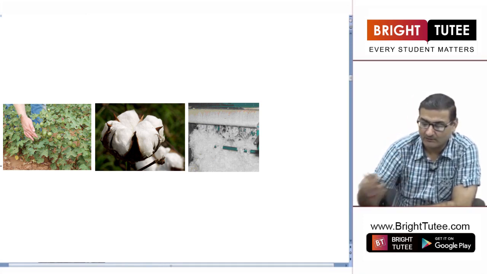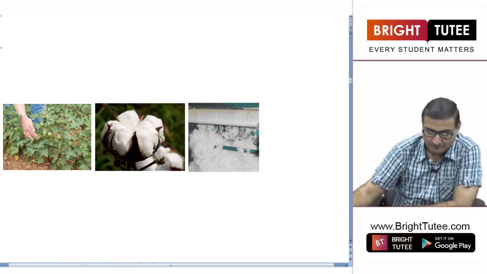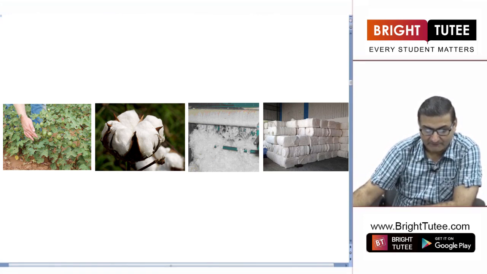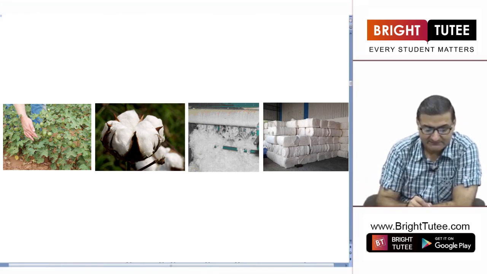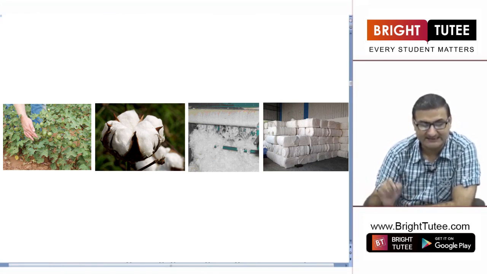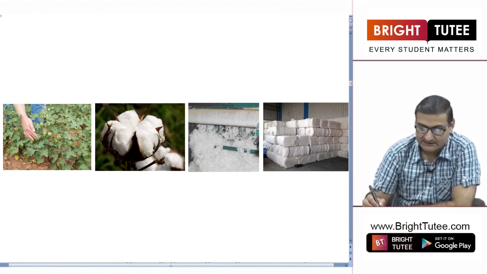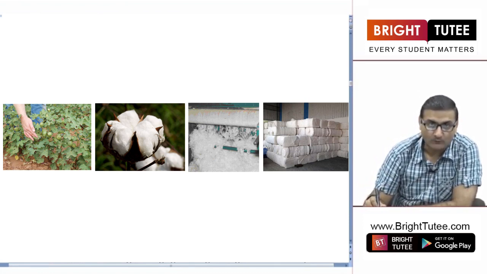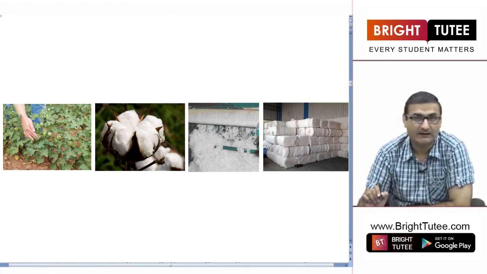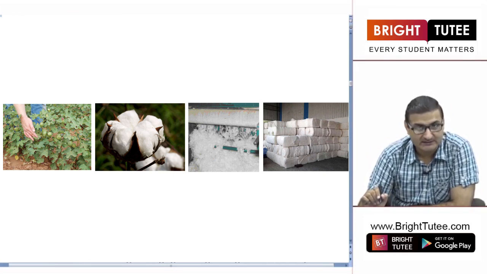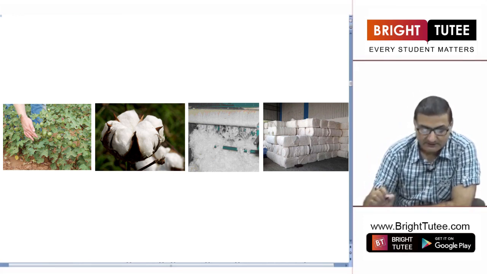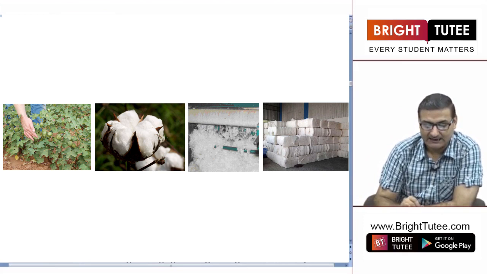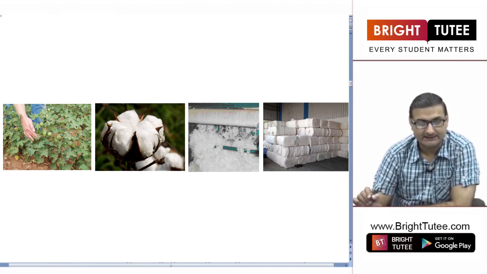So this is how cotton is obtained from the cotton plants. When these fibers are separated from the seed, this process is called ginning. One word, one line, one mark question: What is ginning? It is the process in which the fibers of cotton are separated from their seed, and it